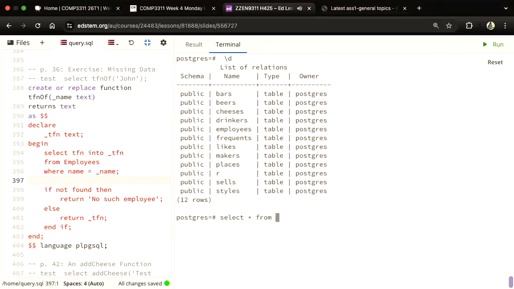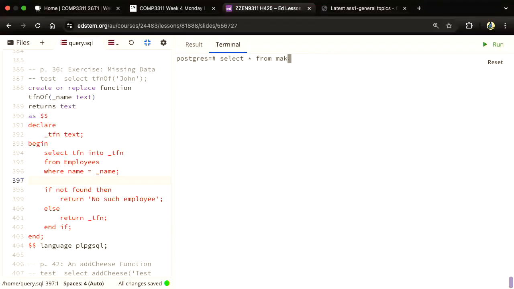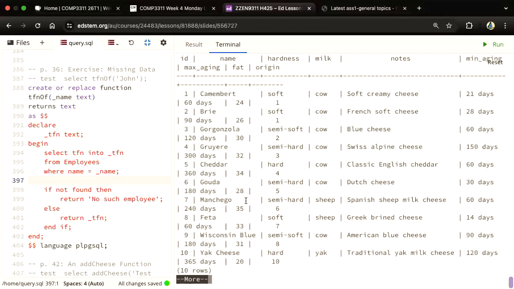Let's look at the makers table. Got 10 makers, and we got the styles. How many styles? I didn't know there are many styles of cheese. We got 10 styles. Cheddar,